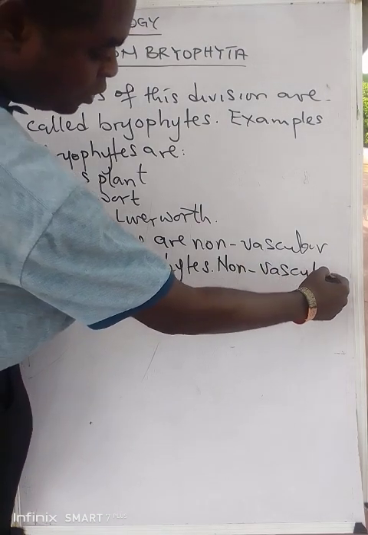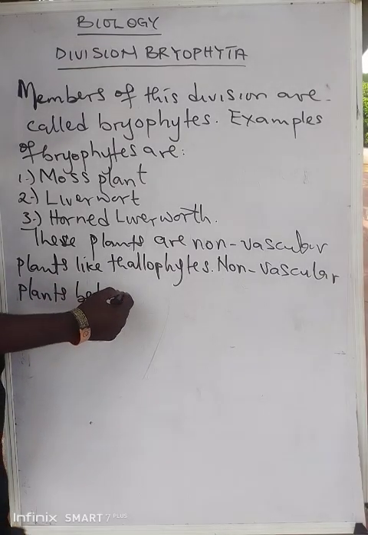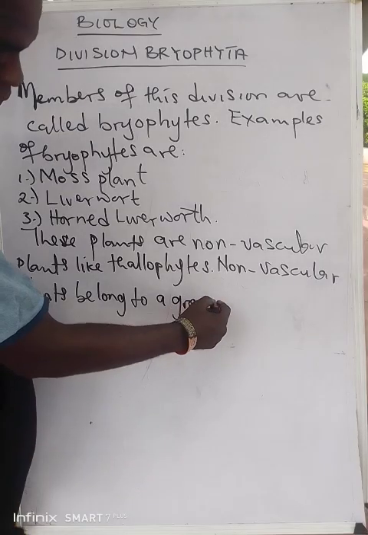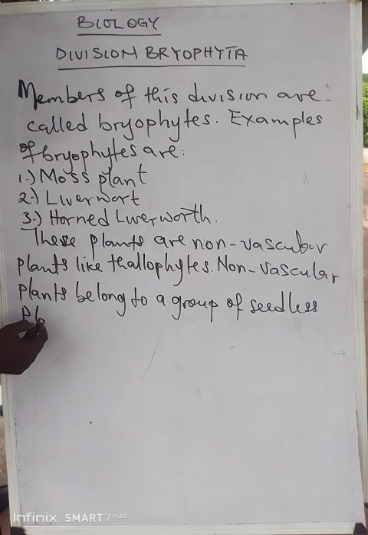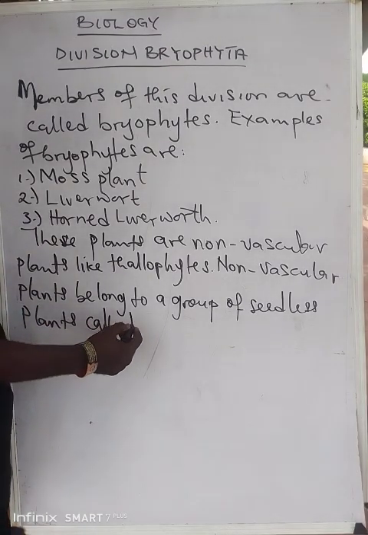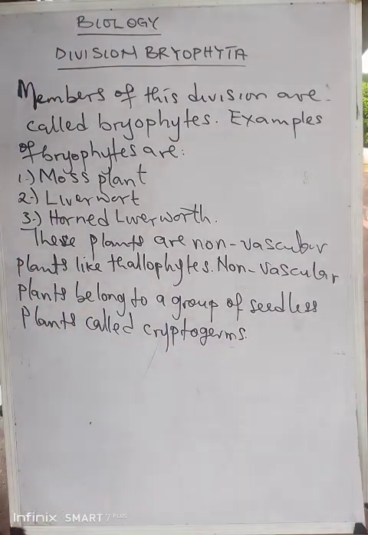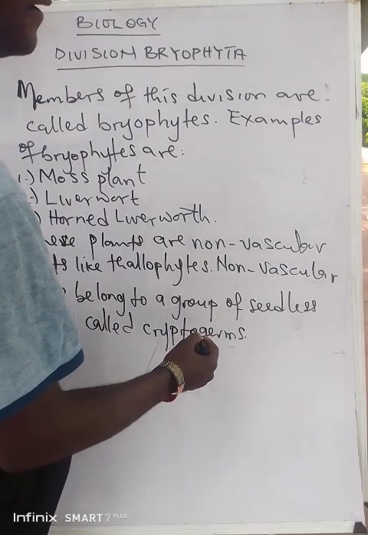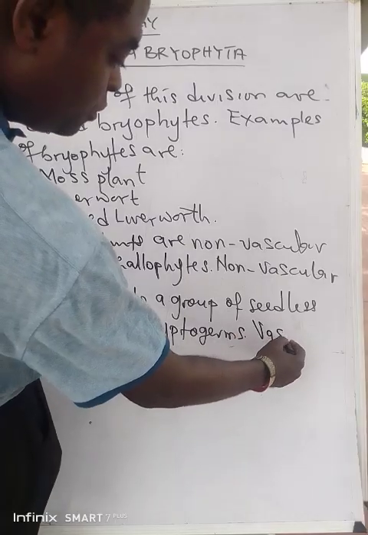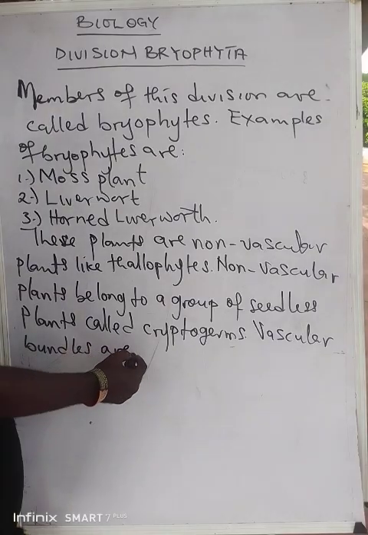What do I mean by non-vascular? We'll explain. Non-vascular plants belong to a group of seedless plants called cryptogams. Cryptogams are the seedless plants that do not have vascular bundles. What do we mean? Vascular bundles are conducting tissues